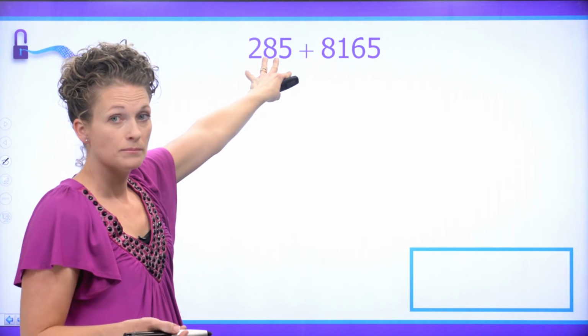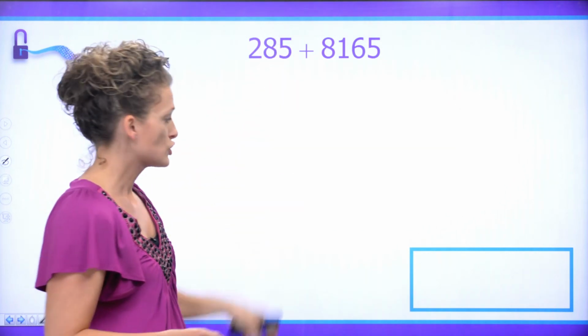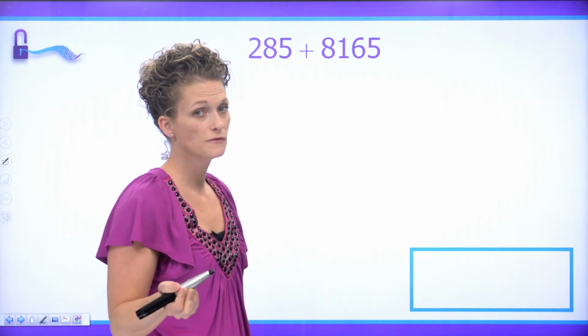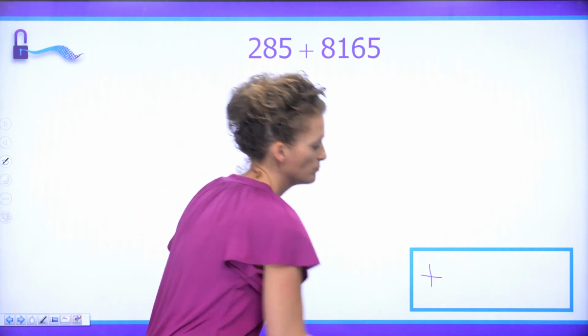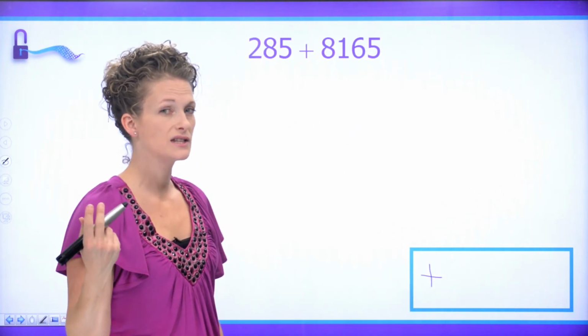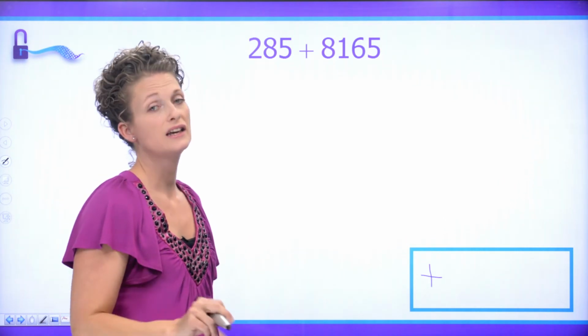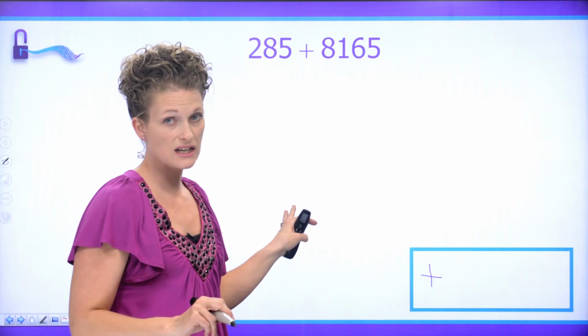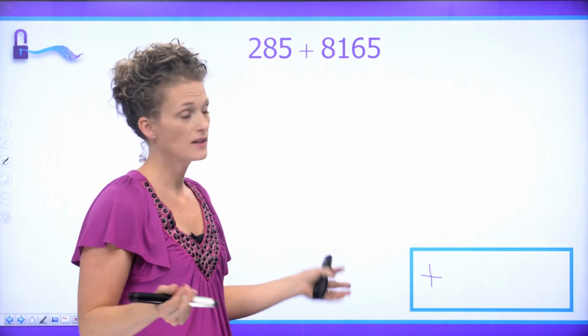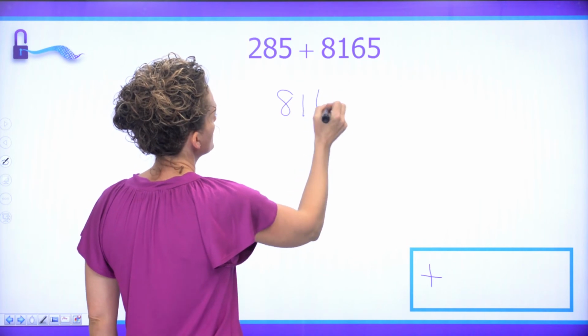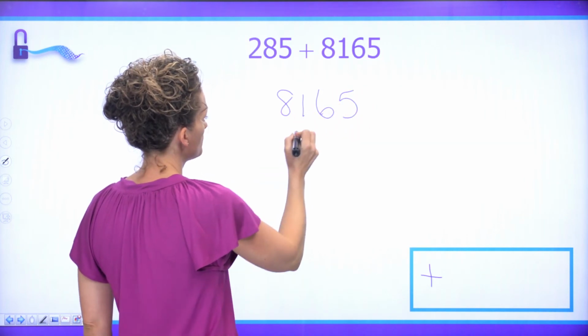Signs are the same. Okay, they're both positive, so we know that it's going to be positive, but we don't need to write a positive sign here, but we can just to remind ourselves that it is positive, because more often than not, if you're going to make a mistake, it will be a silly little mistake on the sign that you should have. So let's write these in columns,